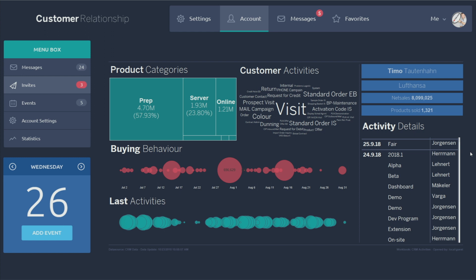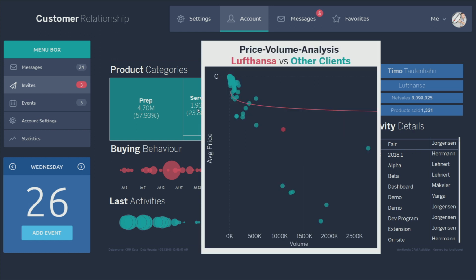So one cool example would be if you want to figure out if you're giving the right discount to your customer. It's a very complex thing, but maybe I just want to get a first overview around the discount I'm giving to Lufthansa versus all the other clients. So what you're seeing here is a price volume analysis. So you have like the average price people are paying on that side, and then the amount of stuff they're